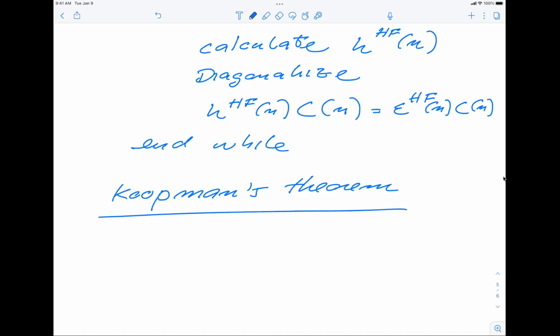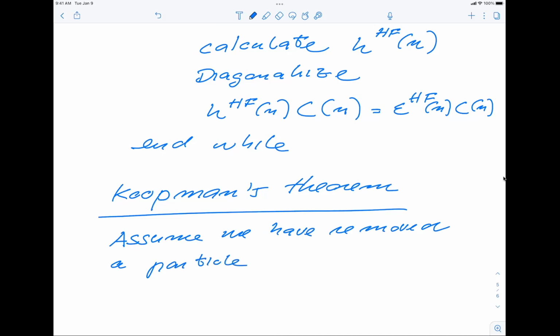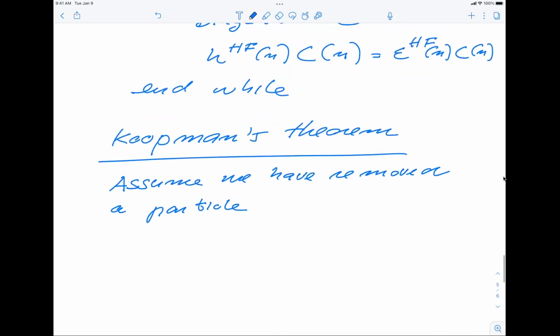So assume now that you have removed a particle, and we can add a particle to a single particle state actually as well. So there are two equations which we're going to look at, and this allows us to have an interpretation of what these Hartree-Fock energies can mean. So assume now that we have removed a particle from a single particle state below the Fermi level,